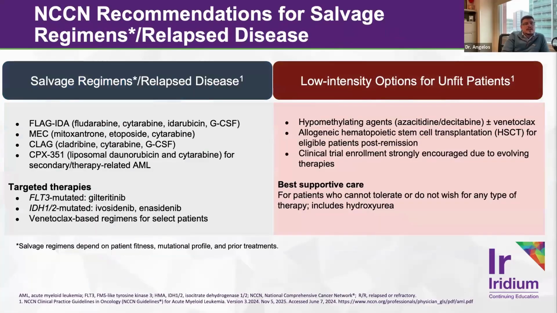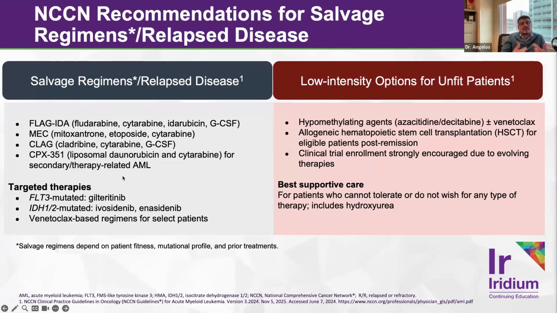All right, so I do want to spend just a little bit of time here talking about salvage chemotherapy regimens for patients. And the short answer to this is that there is no one regimen that shows superiority over any other salvage chemotherapy regimen in relapsed refractory AML. It essentially turns into dealer's choice. And what I really want to impart to everybody is that you shouldn't be looking at the NCCN guidelines and just going 1, 2, 3, 4, 5, thinking that this is the option of salvage treatments that we should be doing. You really have to use your brain and think about it biologically, to think whether a salvage combination is going to be effective in the context of what patients had already received.